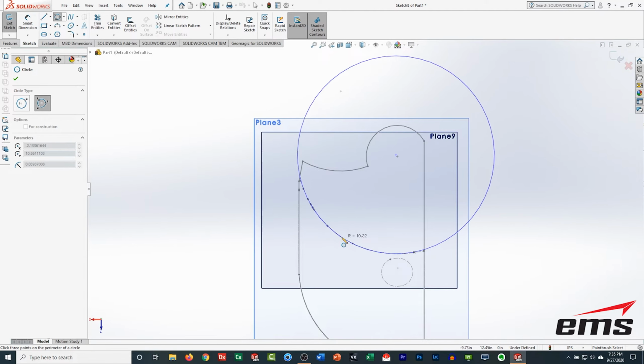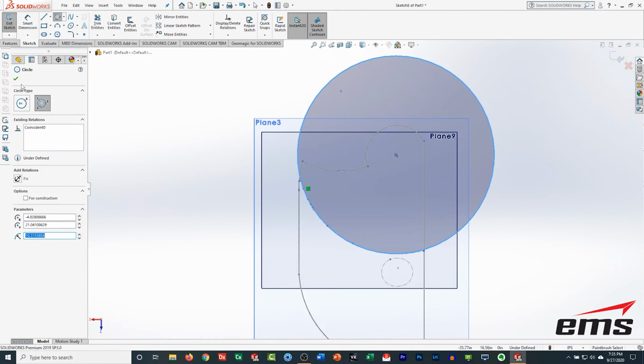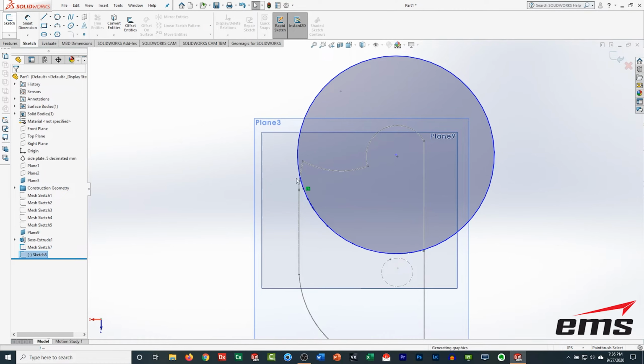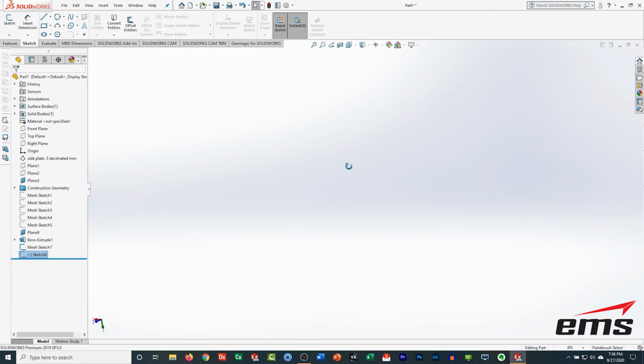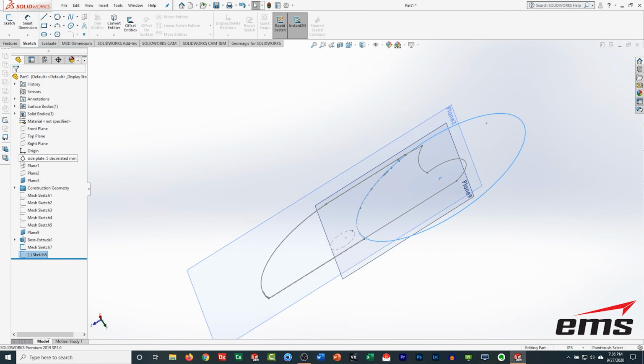and pick. And again, you could dimension this, and I think it said 10.32, if you want to make that 10.375 or 10.25. Again, you can override this and do really whatever you want. You don't have to follow it. Okay, so